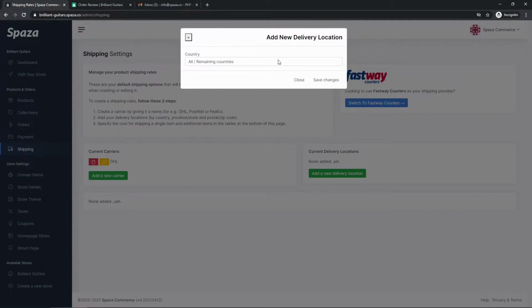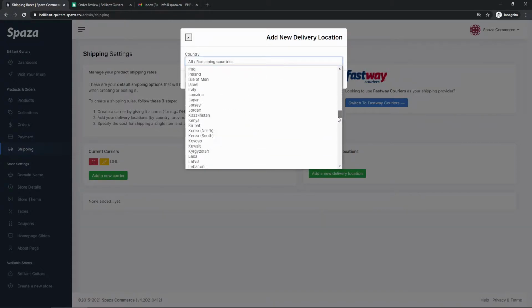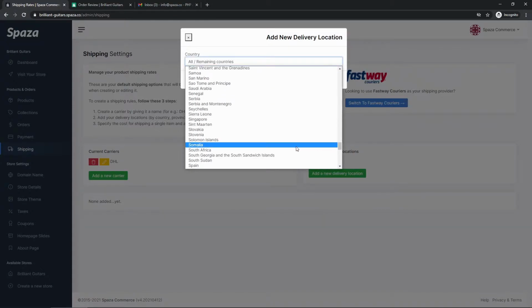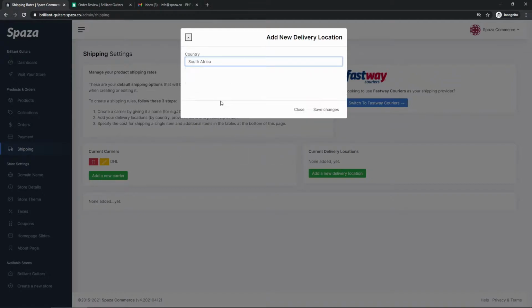So you'll see straight away we need to just choose a country. So it's not all/remaining countries. This is actually for this rule, I want to deliver to South Africa first. Okay. Then we'll see that once we choose a country, we then get presented with the state and postal code to fill in. Both of those are optional, but because, if you remember, I'm trying to specify a rule